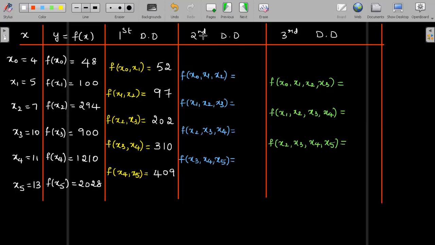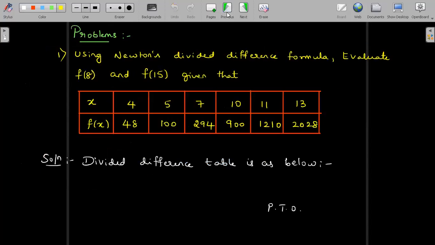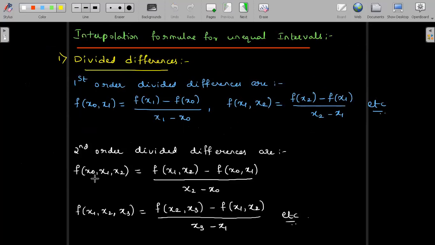Now let us find out the second order divided differences. Recall from the formula we have already written. The first value in the second order, f of x0, x1, x2, is obtained by f of x1, x2 minus f of x0, x1 divided by x2 minus x1. See, these differences are nothing but the differences in the first order. Whatever the first order differences were, you take the difference, latter minus previous, divided by the extreme values, as I have mentioned, x2 minus x0. So we are going to perform the same thing now, looking at the table values.